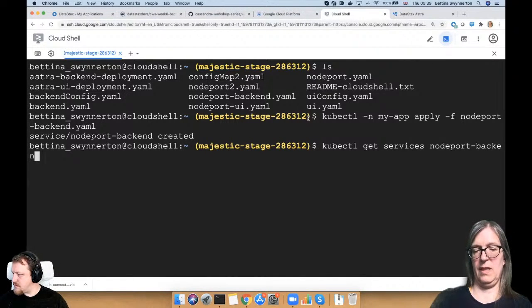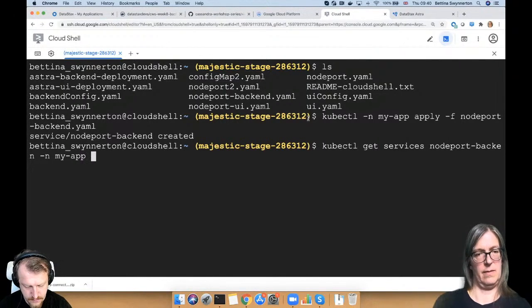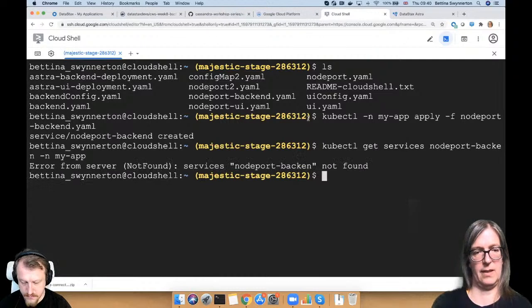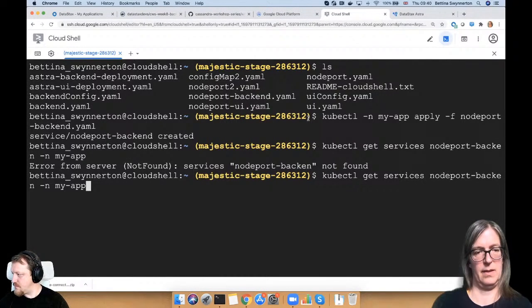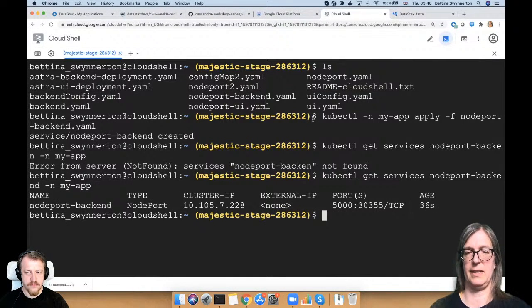I think I need to be in the namespace. And there we are, and you see it is a cluster IP, right? And now we need to understand how we can actually access it from the outside.